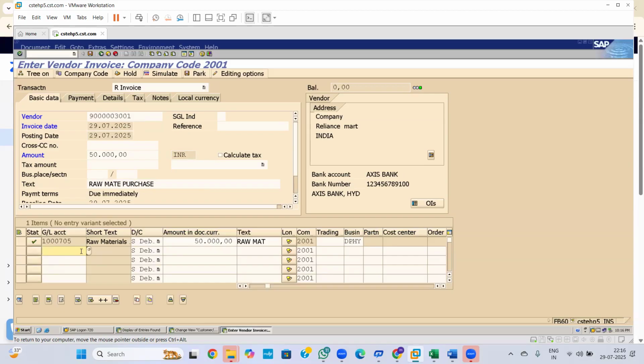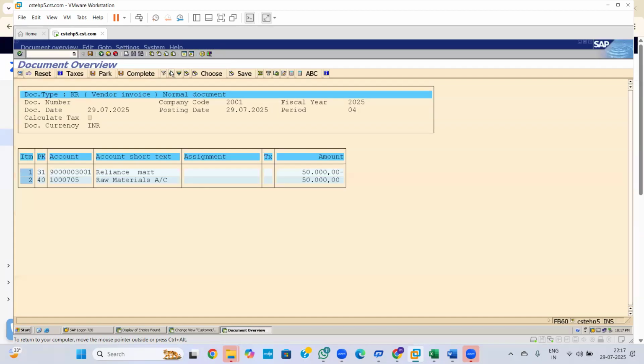So top side, vendor name, details, everything. In the line item side, however many materials he sent, the 10 material names he updated in the invoice. Same way, in our ERP also, we need to update the same things. And same way, simulate, park, everything will be the same as from the GL point of view. Hold, simulate, park. So now I'm trying to simulate it. Okay, so basically,